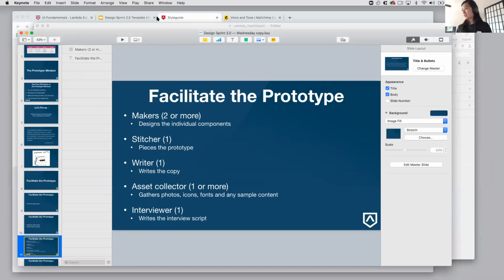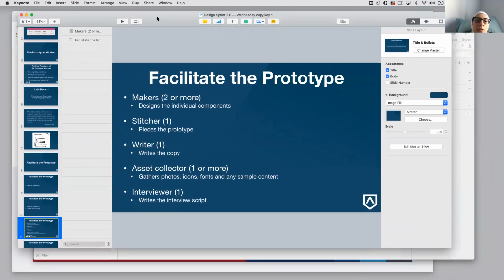Cool. Anything else? Yes. Whenever we're going to do the design, we're going to be using Lambda colors, font, everything. Is that correct? Yeah. So basically, if we're going to use those, what will the asset collector do? Yeah. So that's a great point. So maybe the asset collector, if they are,